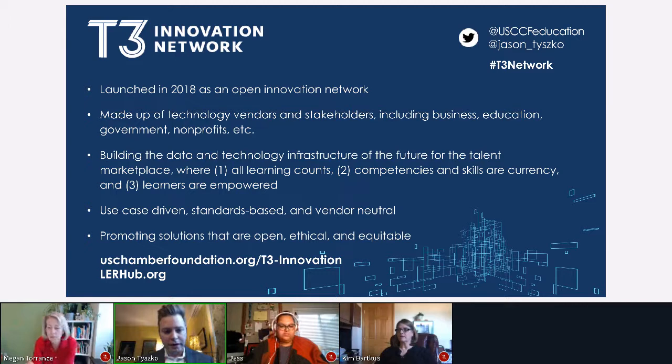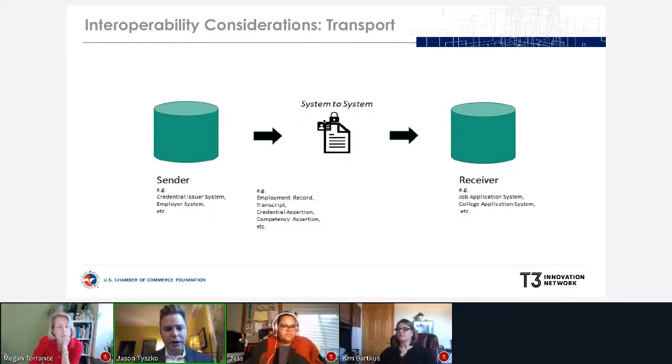If we could go to the next slide, I wanted to just make one point about the complexity of this challenge. There's a couple ways you can actually transport one of these LERs. And you may see the term ILR pop up in here. It's the old term. It means LER. It's the same thing. But one is B2B transfer. So if I could generate a learning and employment record in, for example, a college, and I can transfer that over to another college or to an employer, I can go system to system and transfer that record. It's no easy thing, but it's a lot easier than the next challenge, which comes up on the next slide,